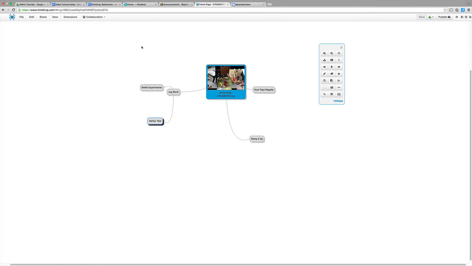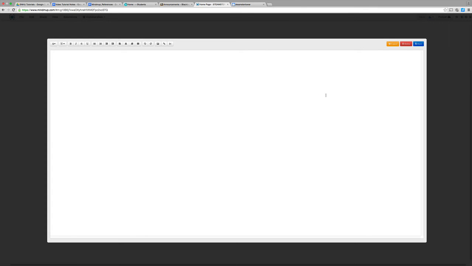It's one of the really, truly compelling things about MindMup to me. That was one of the things that was particularly interesting. Another thing I like about this is being able to put additional notes, listed here as attachments, on your nodes. So, for instance, under Harbor test or bottle experiments, I might put a note that puts more detail than you can really fit well on a node. So I might put something to the effect of